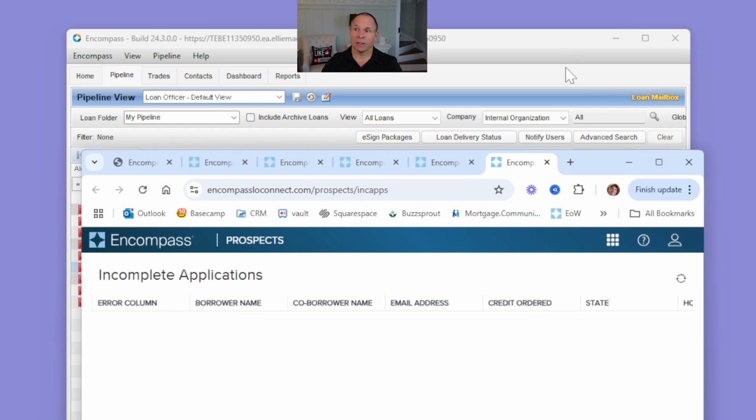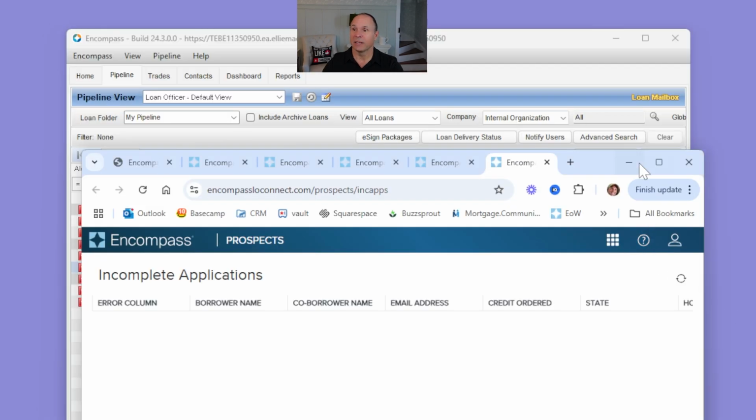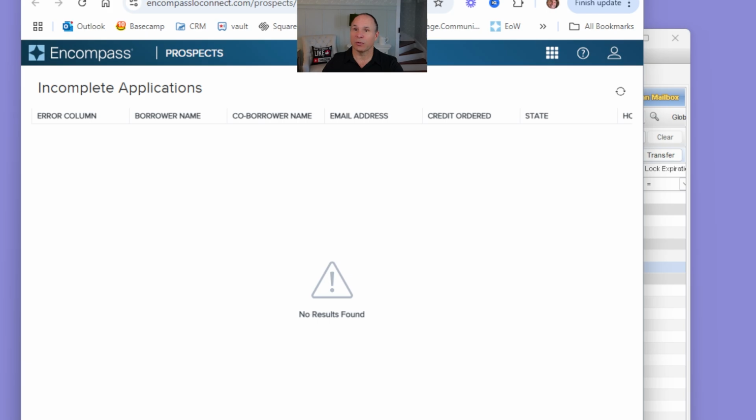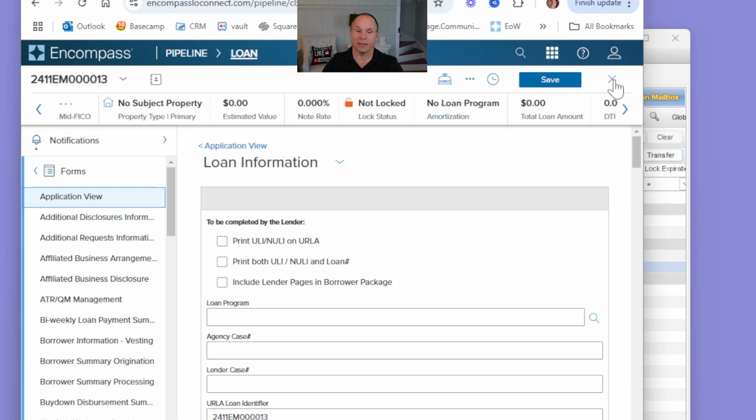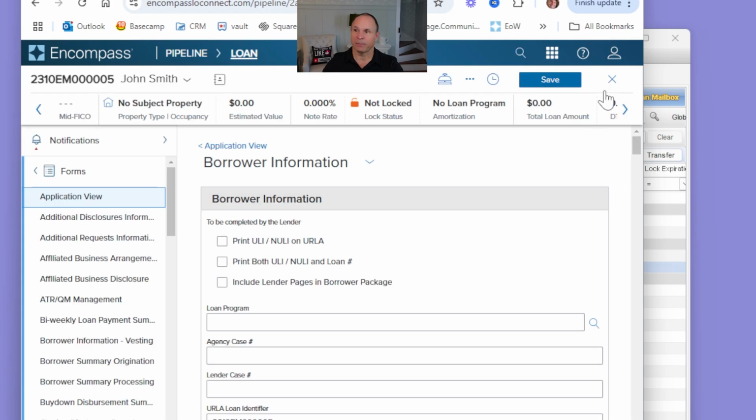That's what it looks like. And I want to make sure I showed everybody how that worked, and obviously some of the situations that could be very positive where you can have more than one loan open at the same time with one Encompass instance. There's going to be a lot of people who are going to be wanting to do that. There has to be solid training, making sure that when you do perform that activity, you go into each of these files and click this X. By clicking that X, it brings this tab back to the pipeline.